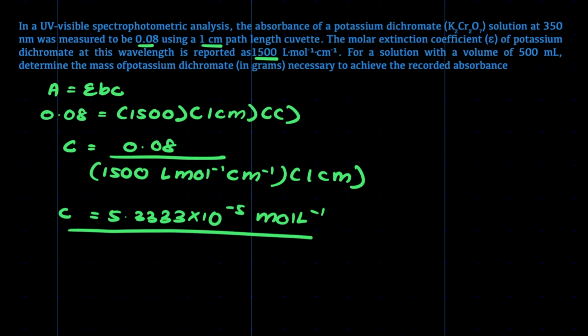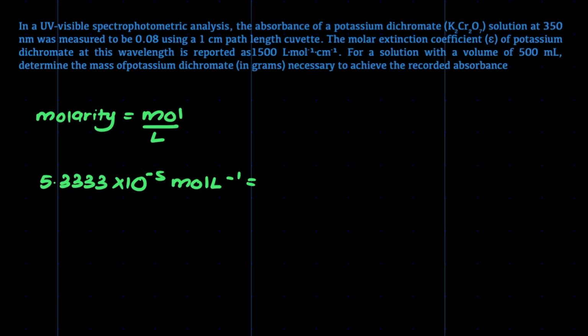So from here, the concentration, you can get the number of mole by using the formula of molarity, which is equivalent to mole per liter. Alright, so from the calculation we have done just now, we know the molarity, and then we want to get the number of mole, and the liter is given in the question. Here it is 500 milliliter, so 500 divided by 1000, so you will get your number of mole is actually equivalent to